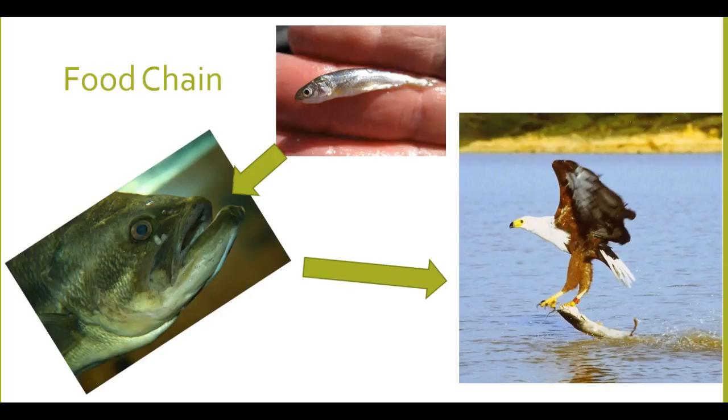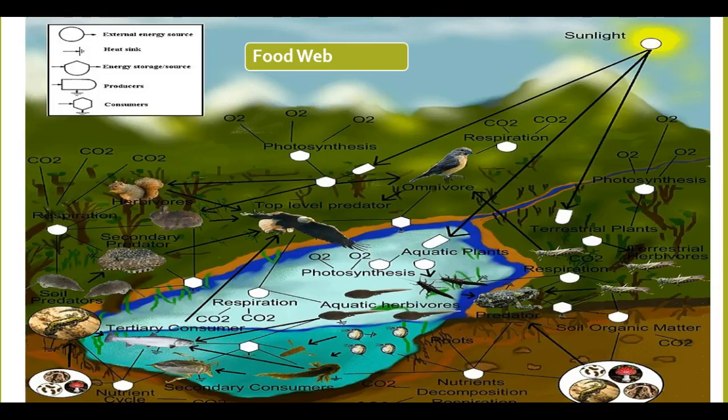Now, we could show some more detail here if we showed all the things that the bass might eat and all of the things that the minnow might eat. But basically, we're talking about where the eagle gets the food from in this example. When we move on to what's called a food web, it gets a little more complicated. So we still have all these smaller creatures down below. We have creatures that live in the soil. We have terrestrial plants. We have roots down here that are part of those plants that are doing things. And as we go through this, we can see some different relationships among creatures.